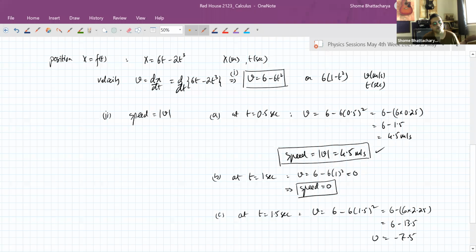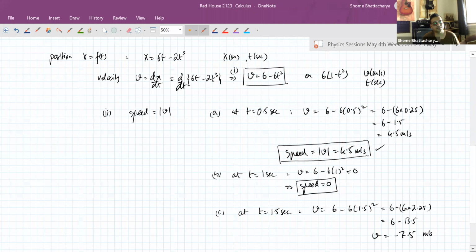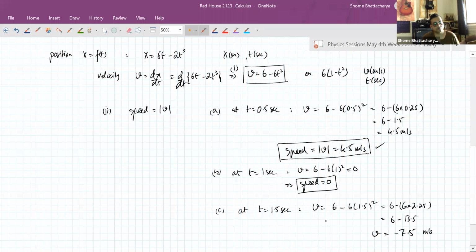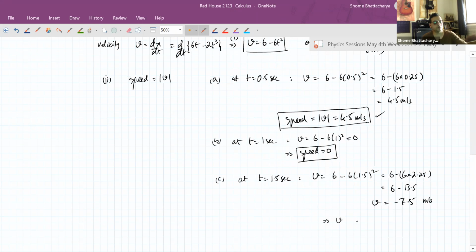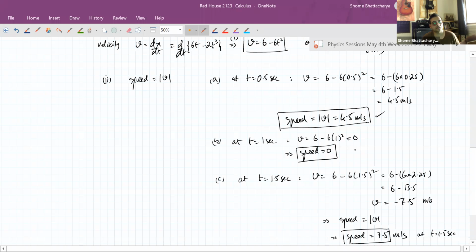Minus 7.5. So the velocity is minus 7.5 meters per second. That means the speed will become the magnitude of this velocity. So the speed is 7.5 meters per second at 1.5 seconds. This is at 1 second. This is at 0.5 seconds. Okay. But now you can also understand one thing, that from the expression of velocity above, you can see